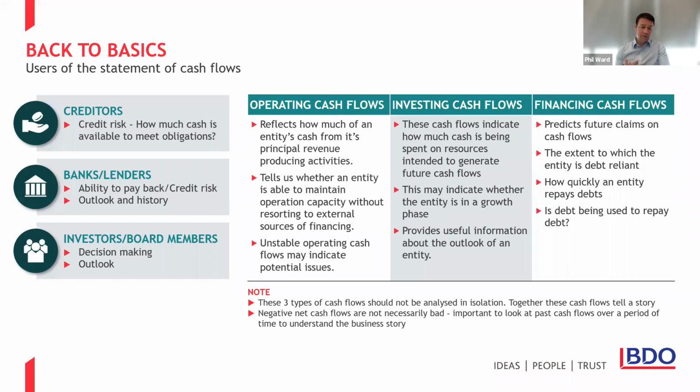So firstly, we have creditors. This is working capital creditors. These creditors will be concerned with liquidity of an entity and its ability to pay month-to-month bills, electricity, staffing costs, goods and services purchased on credit. Creditors are also interested in operational cash flows. So this will tell a creditor whether an entity is able to generate enough cash from core activities to meet obligations, as opposed to relying on debt to make those payments.